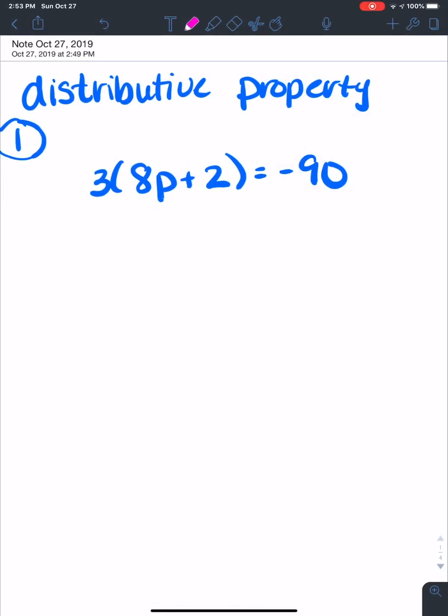Okay, let's talk a little bit about distributive property that we've been working on this last few days. So in this problem, the number that is out in front is the one that I'm going to distribute. So in this case, that's the 3. And I distribute it to everything that comes after it. So I'm going to multiply it